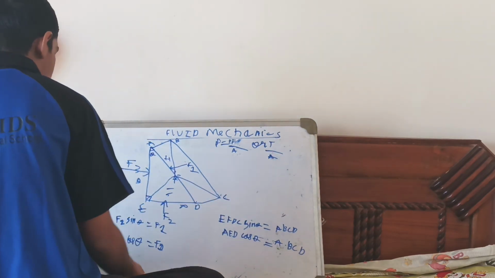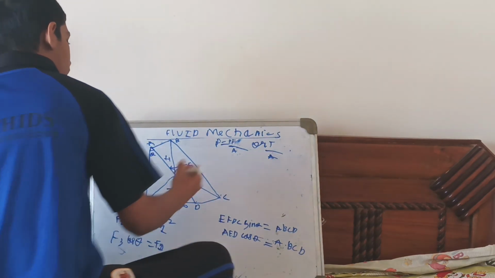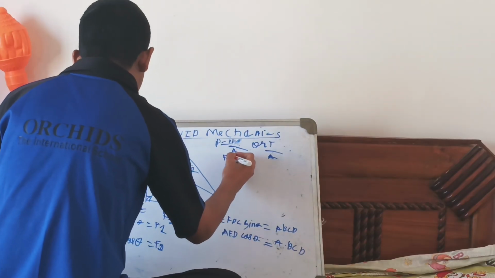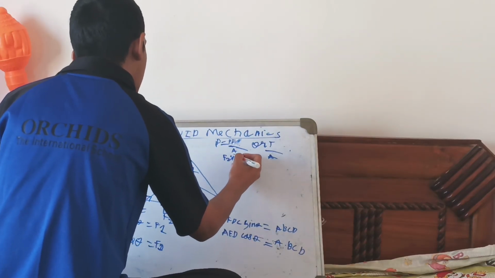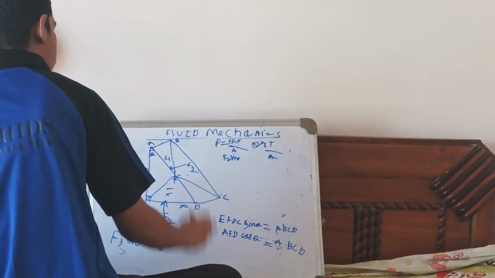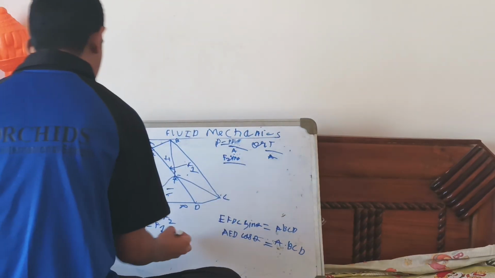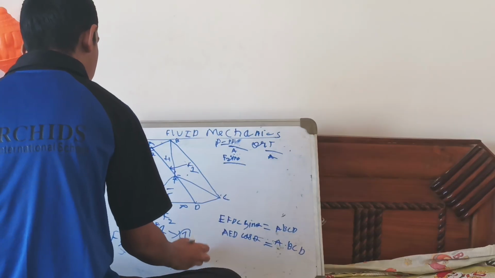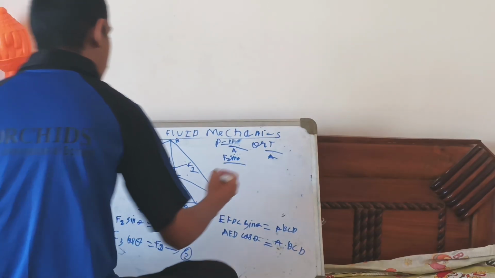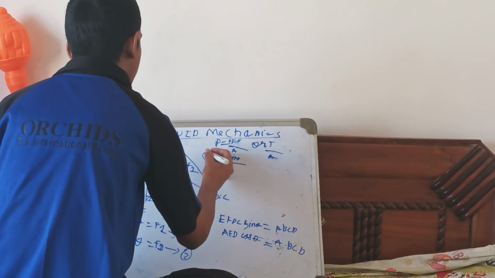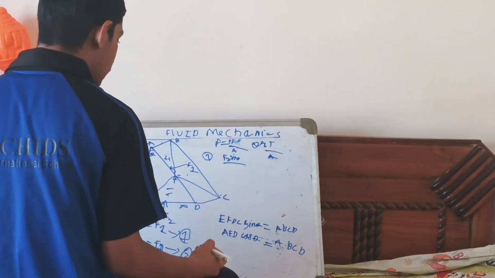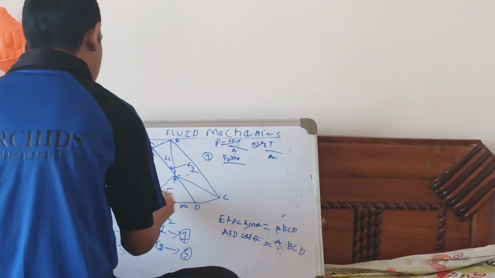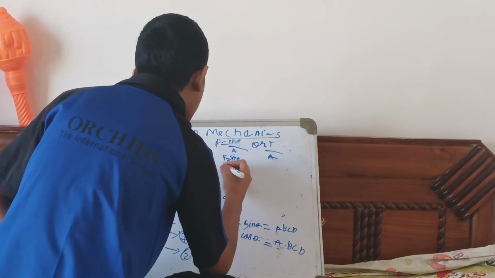So I can write that F2 by sine theta equal to F1 we know, so expanding F2 sine theta by EFCD